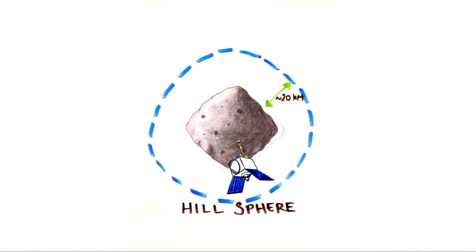Gravity is the key factor in understanding our place in the universe and in knowing how to orbit Bennu and